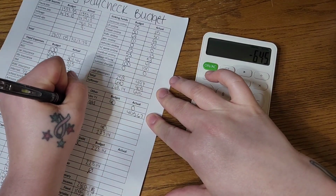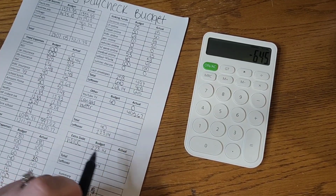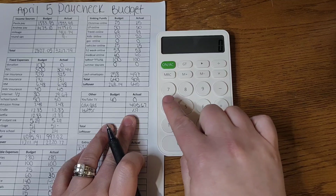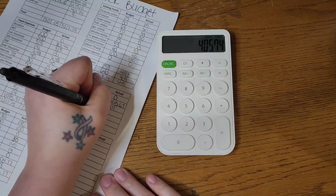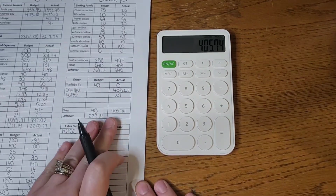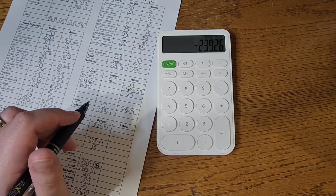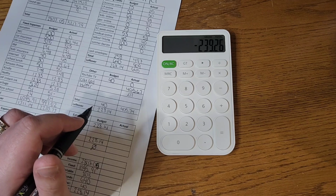And then we had a little bit of a buffer. That was essentially change that I had left over at the end when I go to zero out my budget. So that was 7 cents. So let's see then what we have in our other category. It's 405.67 plus 7 cents is 405.74. If I subtract that from the 645 that we had going into this, that leaves us with